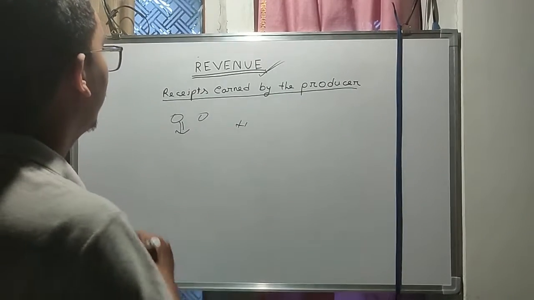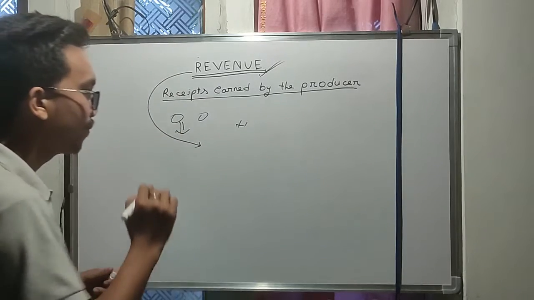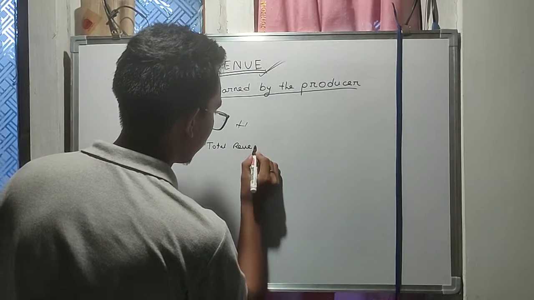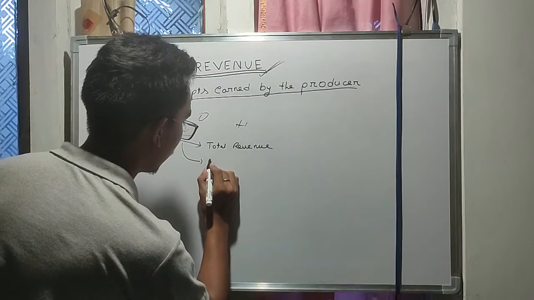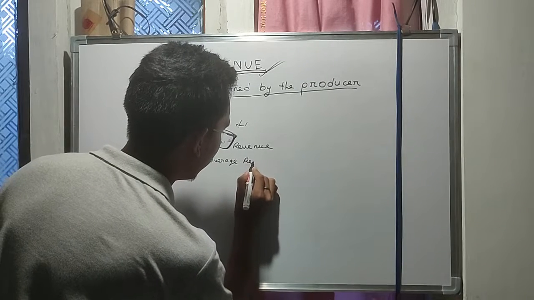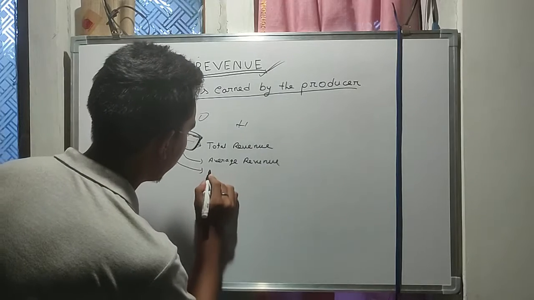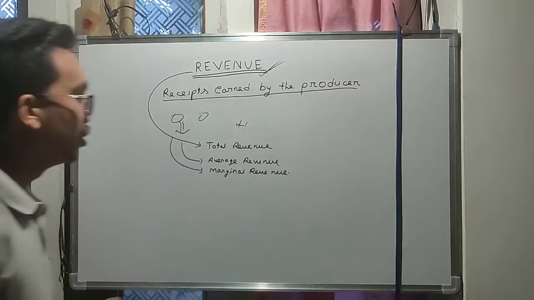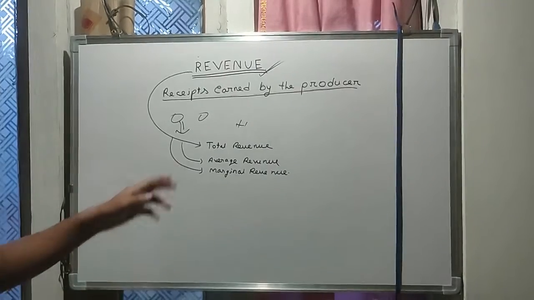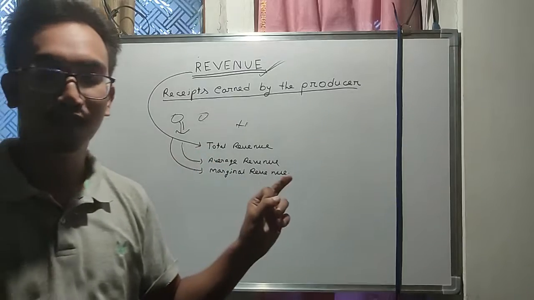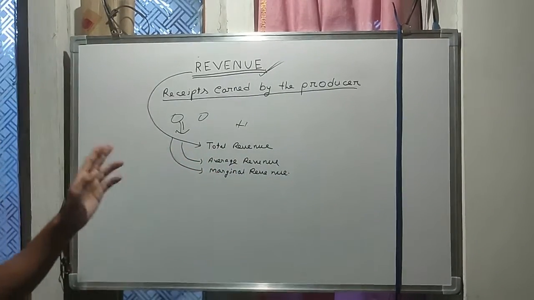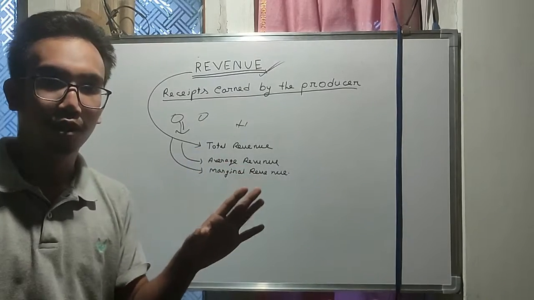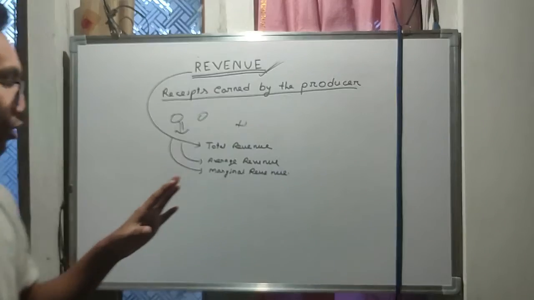And we know that revenue includes total revenue, average revenue, and marginal revenue. So today we are going to discuss total revenue: what is total revenue, and the formula of total revenue. How do we find out the total revenue? And then average revenue: how do we find out the average revenue from total revenue? And then marginal revenue also. How are we going to find out the marginal revenue? So let's discuss